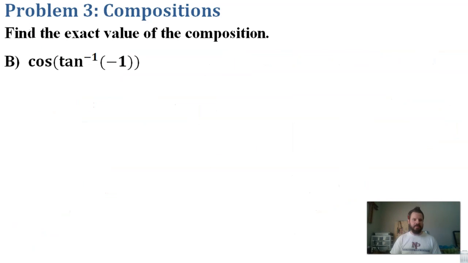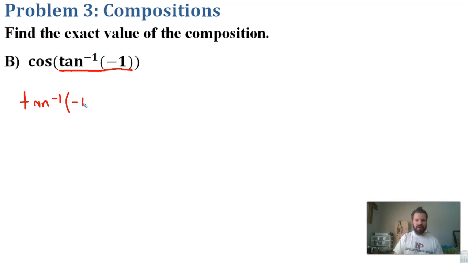All right, let's do the same thing with b together, but notice b, the inverse is on the inside, the regular trig function's on the outside. Different order, but really doesn't have a big difference on what we're doing here. I'm still going to evaluate this from the inside out. So we'll start off with tangent of negative 1,